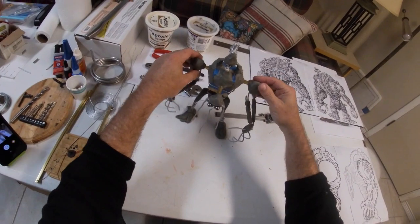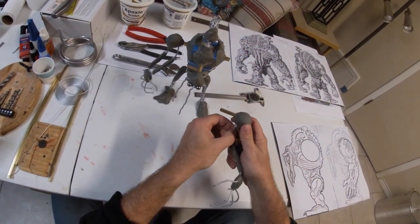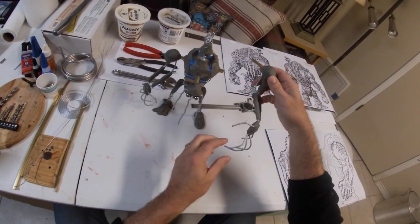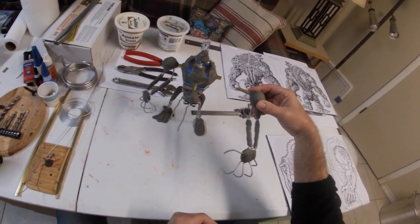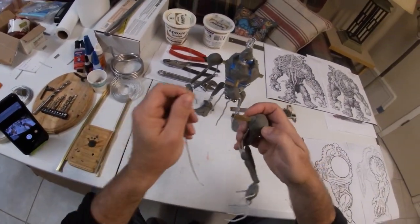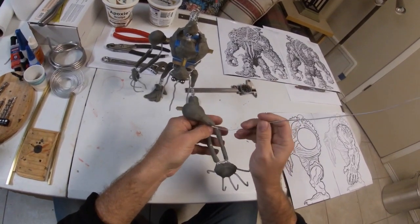Another thing that I will probably do is, once you've gotten, like this is one of his arms, you can see once again, his fingers are a little bit longer than they need to be, but I'll fix that later. Once I get the armature and basic shape of the arm, I will probably still go in with another bit of wire